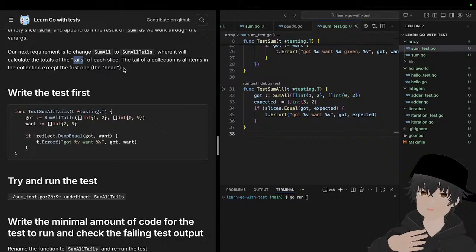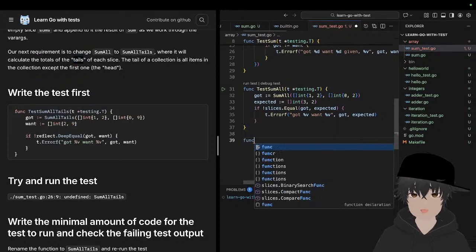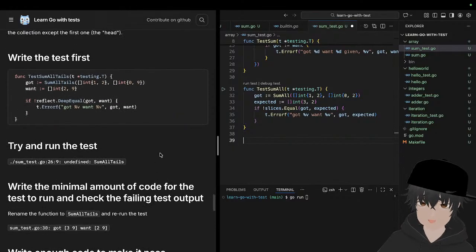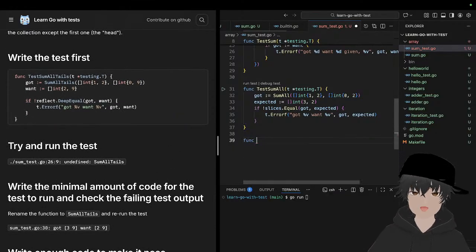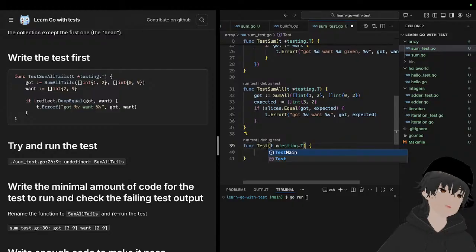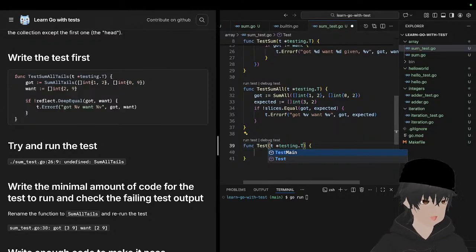The tail of the collection is all items in the collection except the first one. I do not like writing tests first, but we can do it because we know what we are going to do. A lot of engineers try to write the test first and then